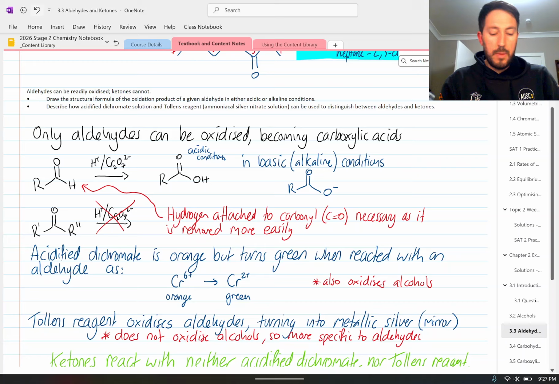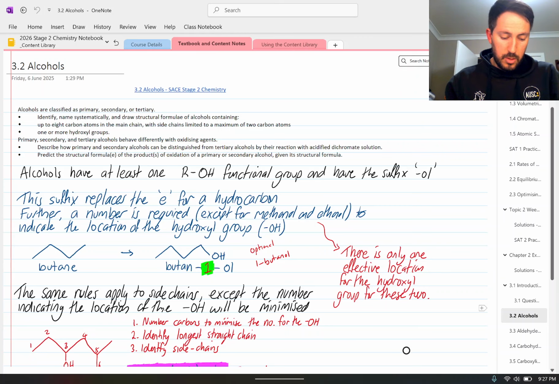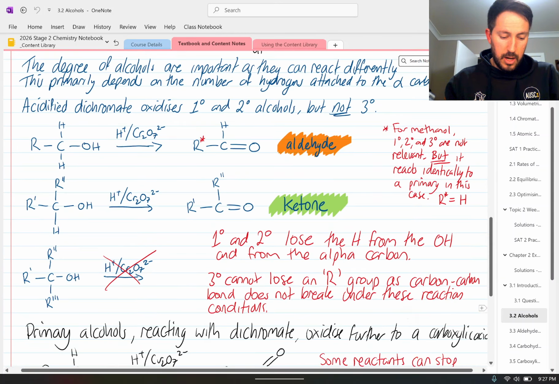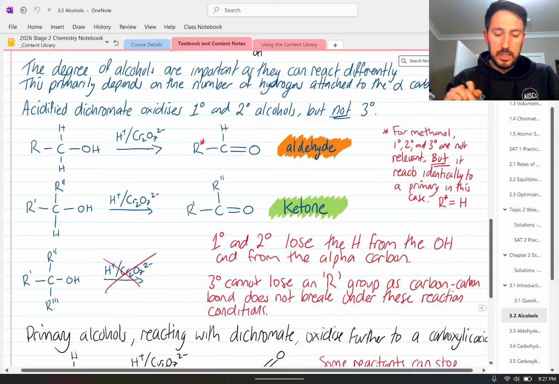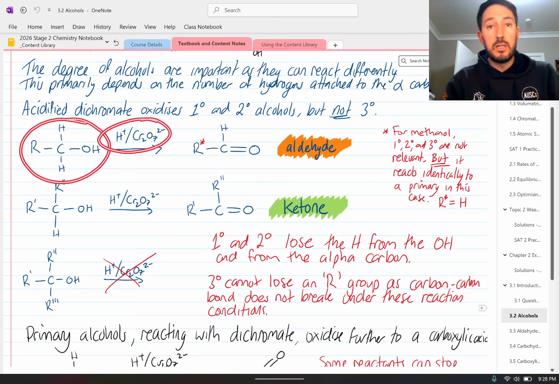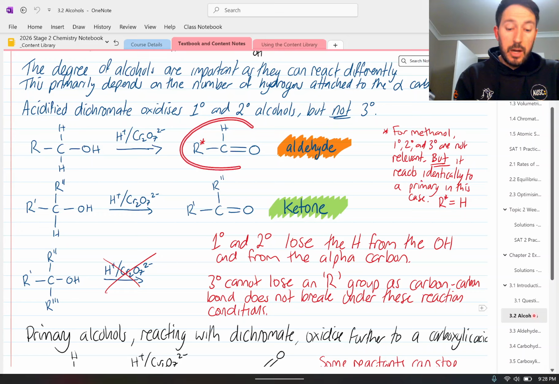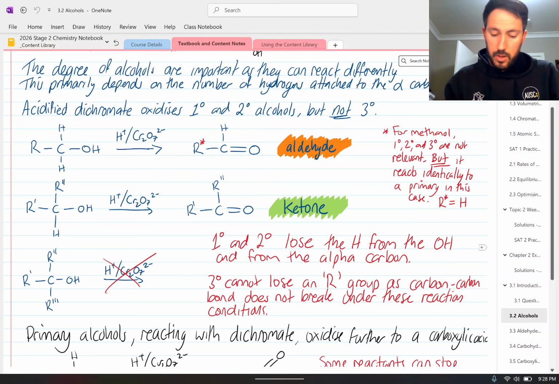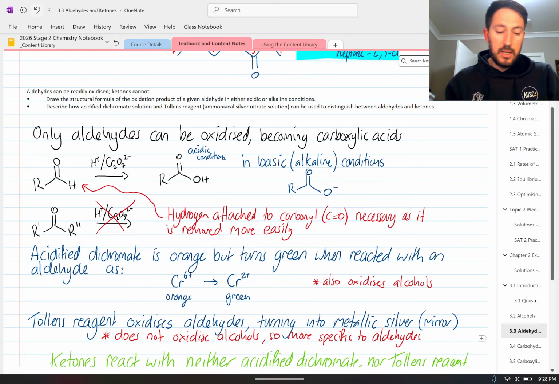Now I've mentioned it here, this dichromate does also oxidize alcohols, which I believe, if I'm not mistaken, we covered towards the bottom here anyway. Yep, we have it just here. So it oxidizes this, and as you can see, if we take our primary alcohol and we oxidize it with this acidified dichromate and we turn it into an aldehyde, this aldehyde can actually do this reaction again with the same stuff. So we take this aldehyde that is the product of this reaction and we can react it further to turn it into a carboxylic acid. Okay, now